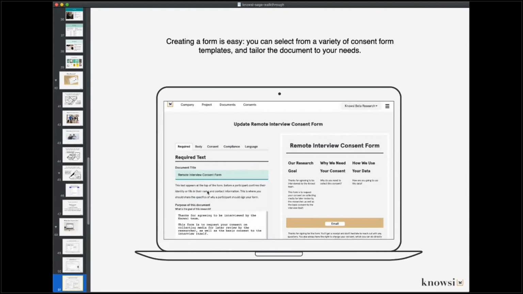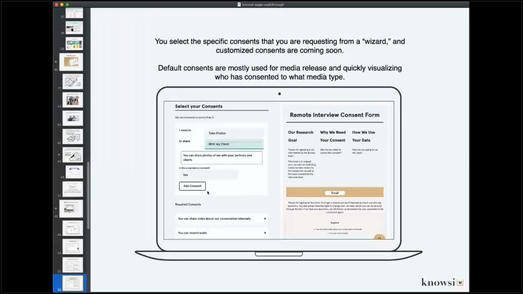So I'm hoping to capture a couple of different consent forms from different universities that I know and have relationships with, and just have those inside a template manager, so they can be used by anyone. And you will also be able to generate your own templates. There's a bit of a consent wizard as well, which is going to be getting an update too. And so you can define required consents, which your team will need, as well as optional consents.